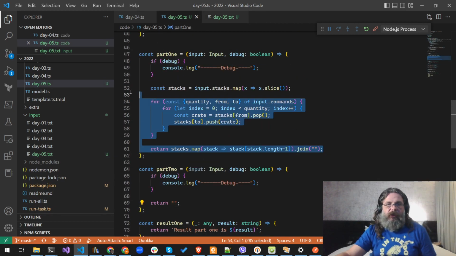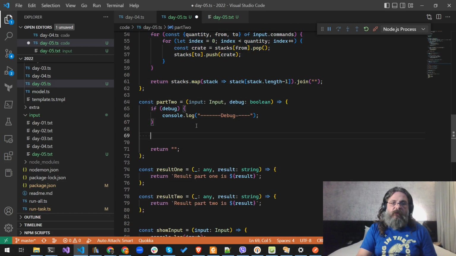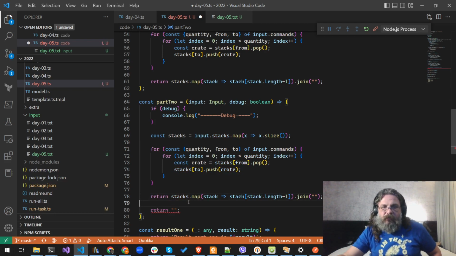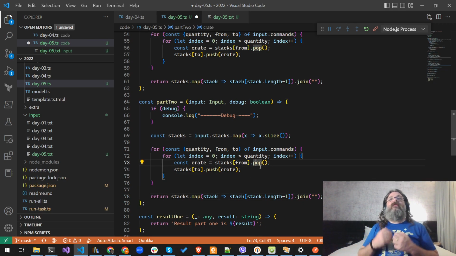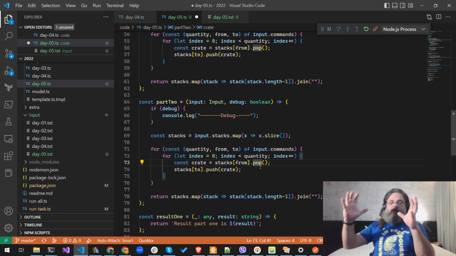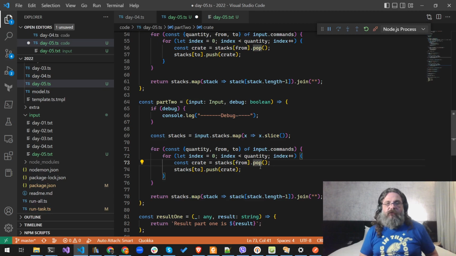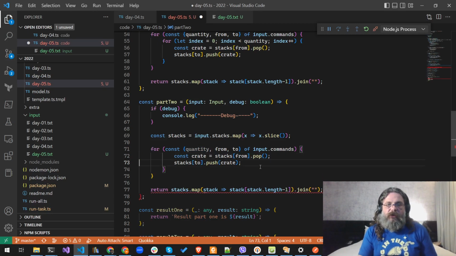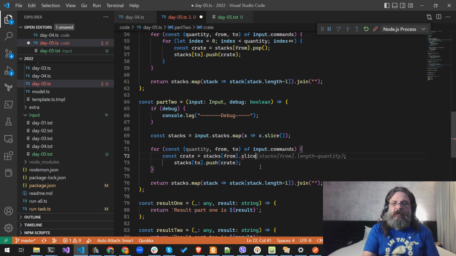So I will literally copy this over, and now we basically don't need to pop them off one by one. We can take the last quantity items and just plop them at the end of the other array. So we don't need a loop here. We can just take from dot slice